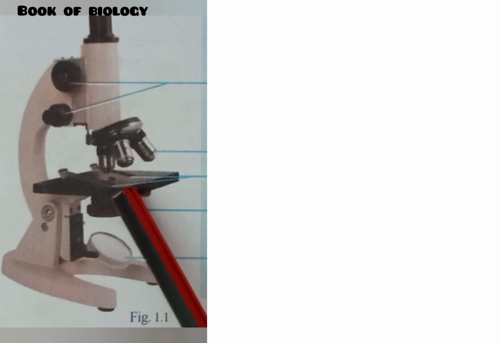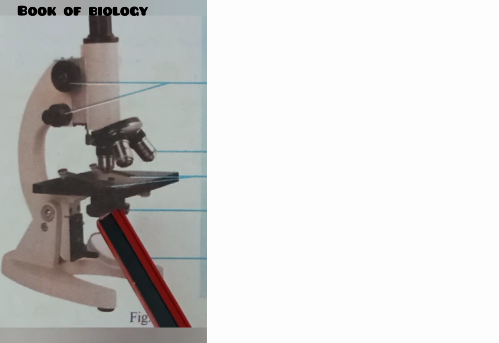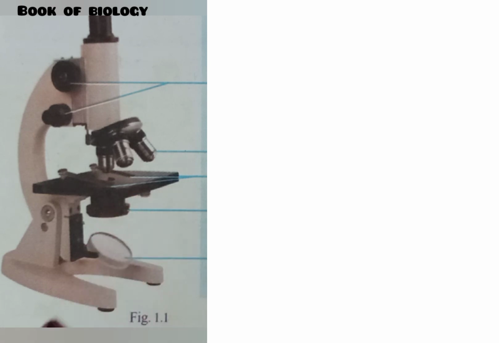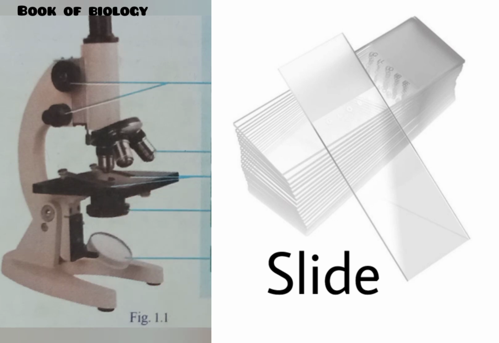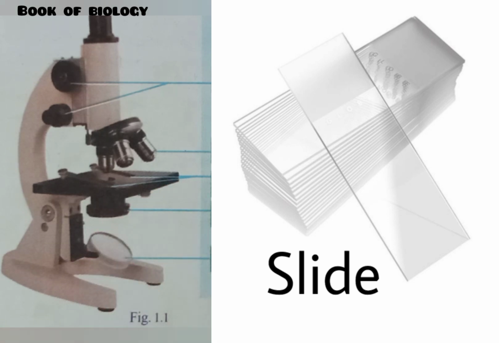This is the stage and clip. What is the use of a stage and clip? That is for keeping the material which we want to observe. This is where we should place the material we want to see. Do you know how we are keeping the material? That is in a glass slide. So this is the slide. The material is placed on this. Material means what we are going to observe, if it is a leaf or a section of a stem or root. After that a small cover slip is placed over the slide.